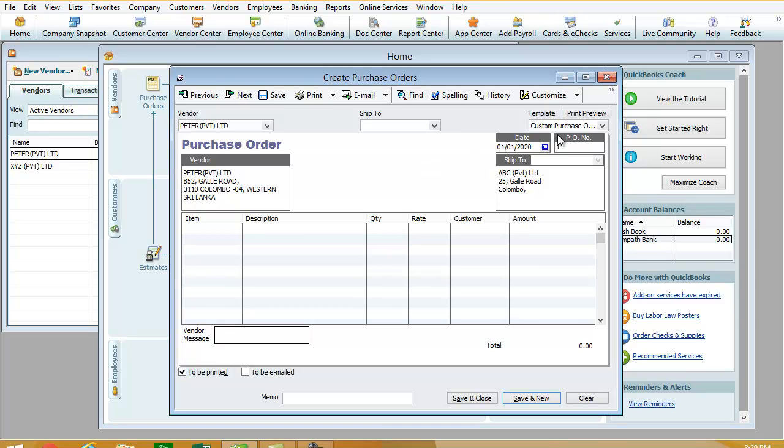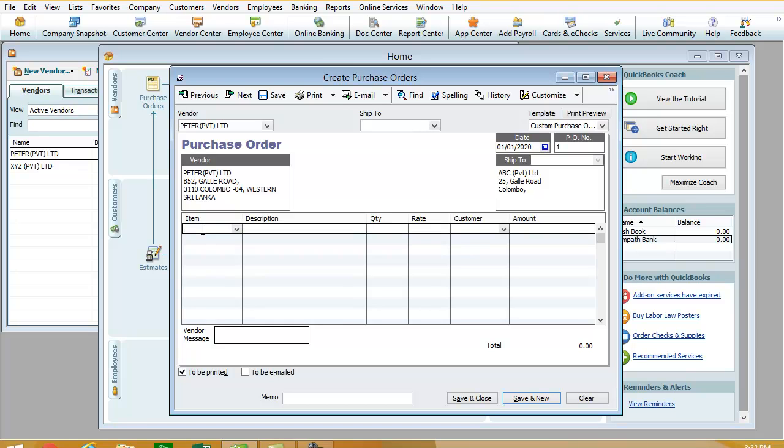On your right side, you can see the list about the customer purchase order. We have to make sure that when we click, the purchase order is listed with the customer purchase order. The next one, the purchase order number, will be there. Here we can see the automated number will be generated under the PO number tab. After making sure of all this updated information, we have to move to the item bar.